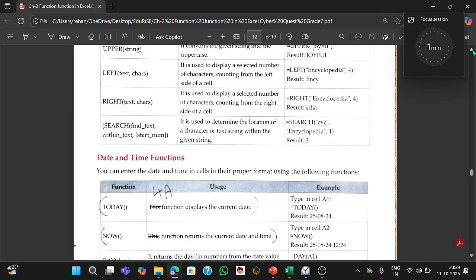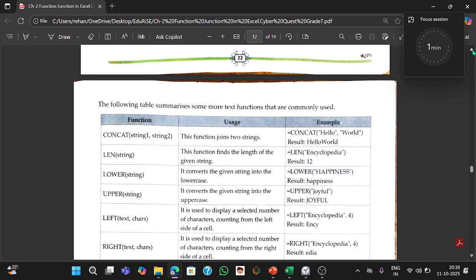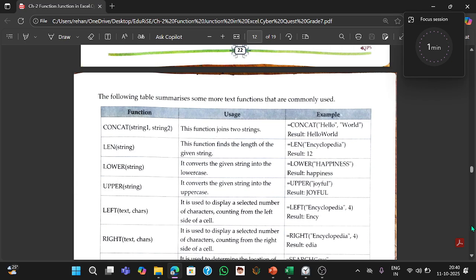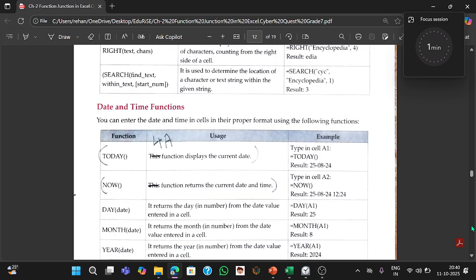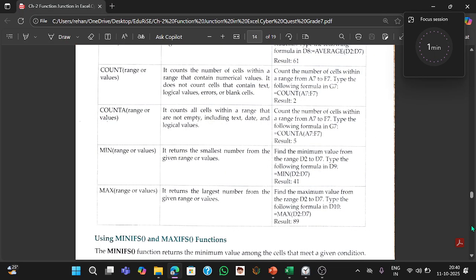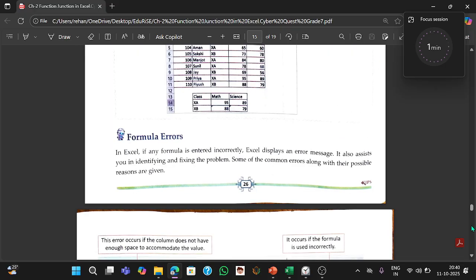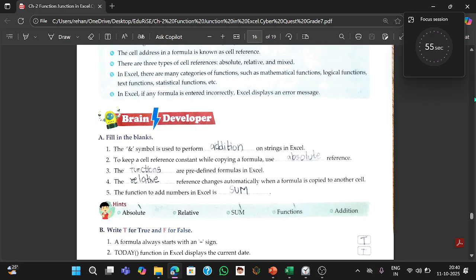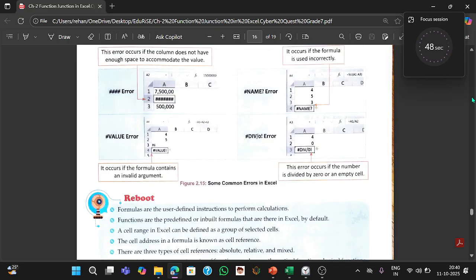From text join and date and time, we will continue in the next class. I'll start with text join in the next class. I'll talk about that; it is the same as the ampersand itself. Then we'll go with date and time functions, logical functions, statistical functions, and that's it. Formula errors is the last topic we have. We'll complete the chapter. I hope in the next video I'll be completing this topic, and also I'll be sharing 10 MCQ questions with you